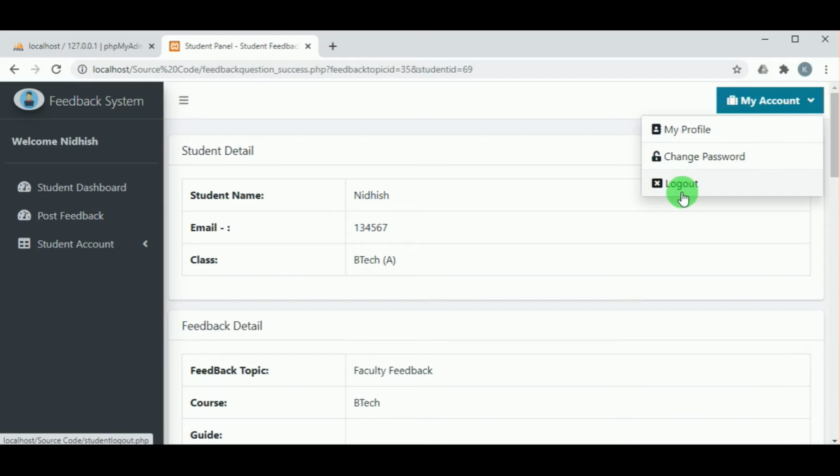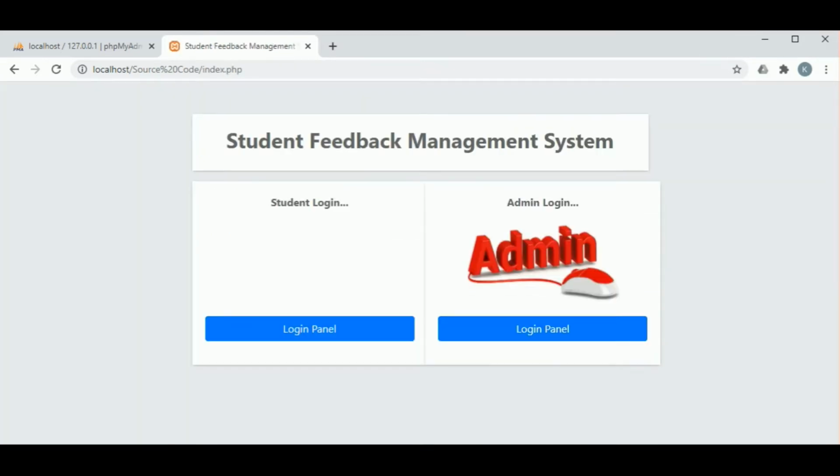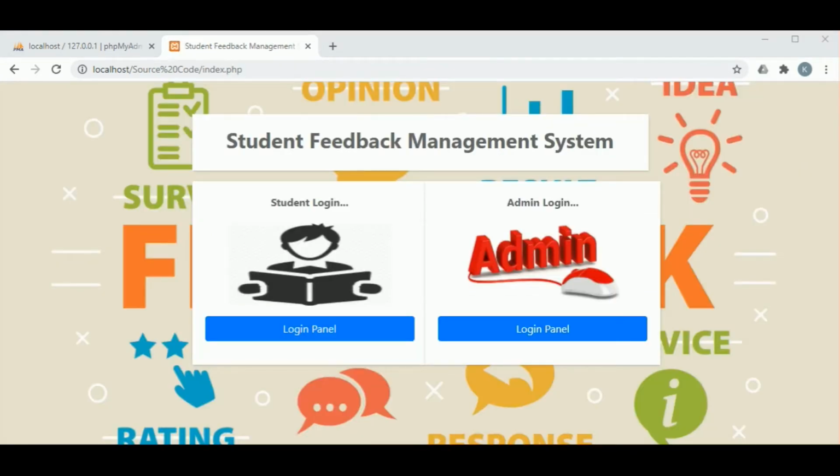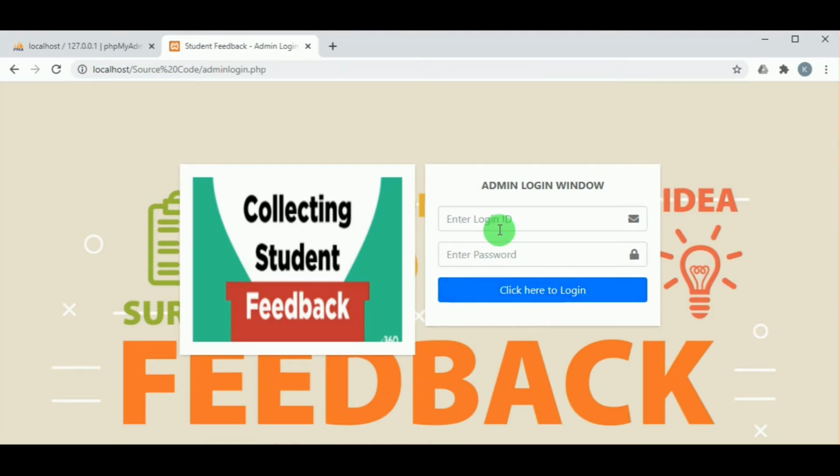Now let us log out from student and let's log in as an admin. So the admin will log in using the login ID and password, and once the admin logs in, the dashboard is available.